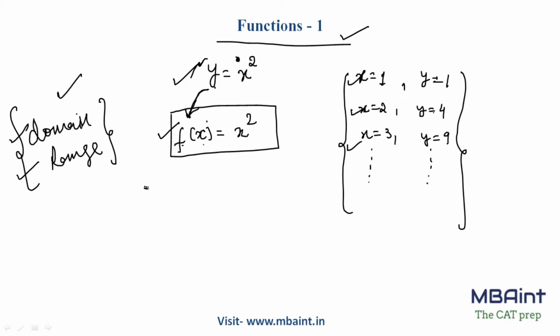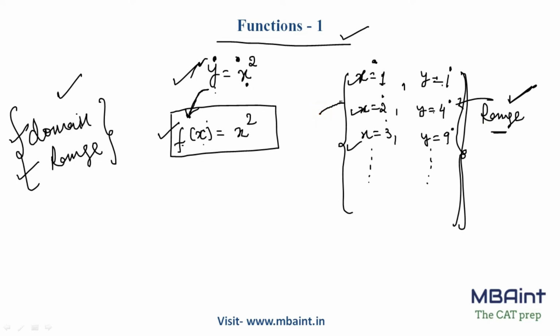Okay. Now I know that, so I have put the value as x is equal to 1, x is equal to 2, and x is equal to 3, and I have got the value as 1, 4, and 9, right? So guys, whatever outcome I'm getting, I'm calling this as range. So what is this meaning here? The range of solution, right? This y is nothing but the ultimate value, right? If I keep putting the different values of x, I'll get the resultant value as y, right? So all these values is basically nothing but we call it as range.